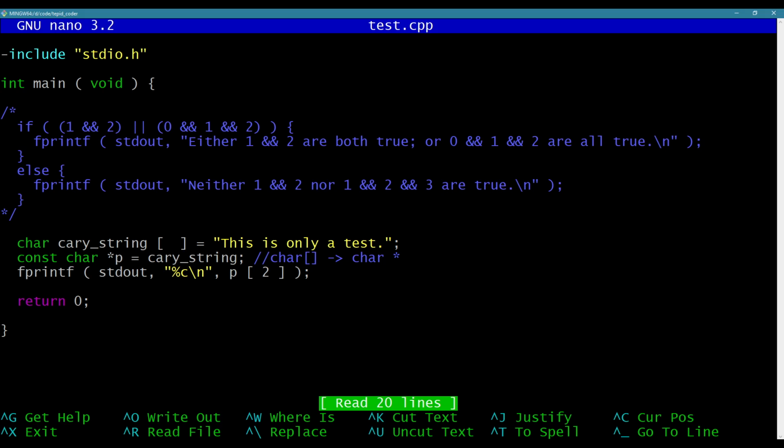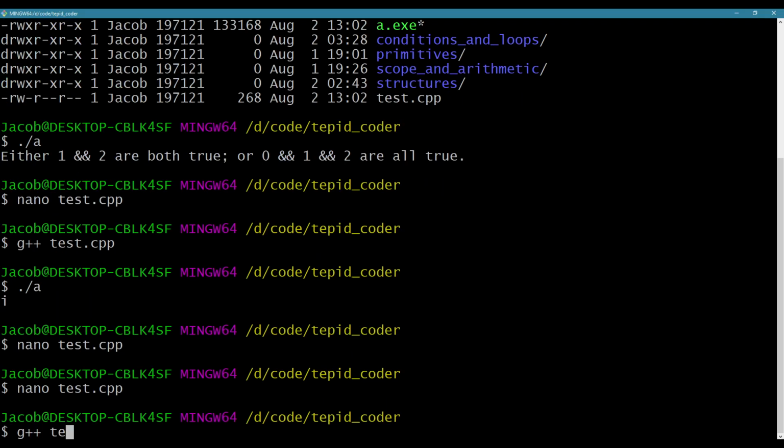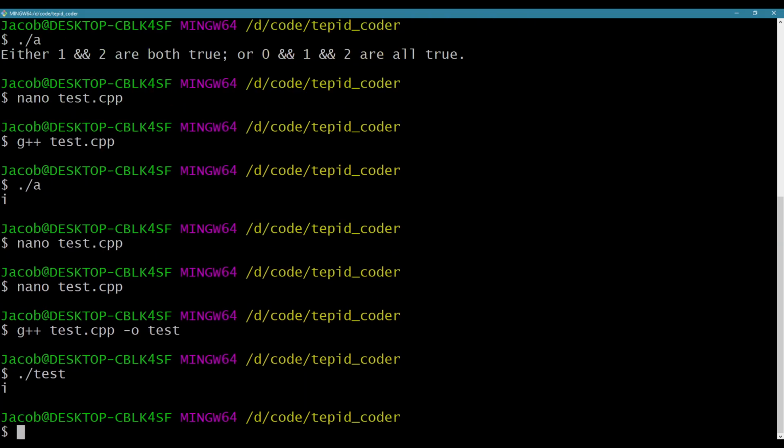Yeah, you know what? It's kind of bothering me. I want to actually call it test. So it's also printing I. Anyway,